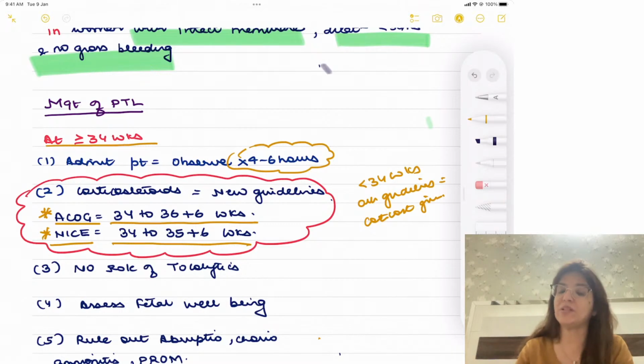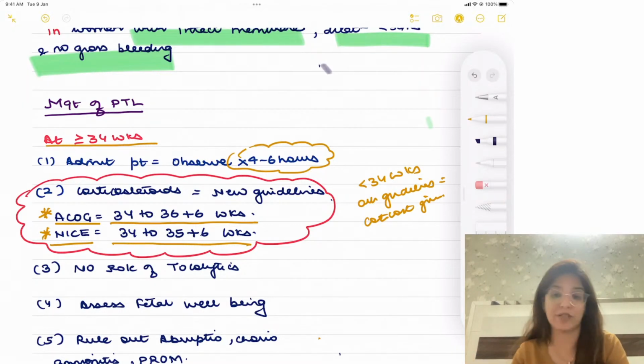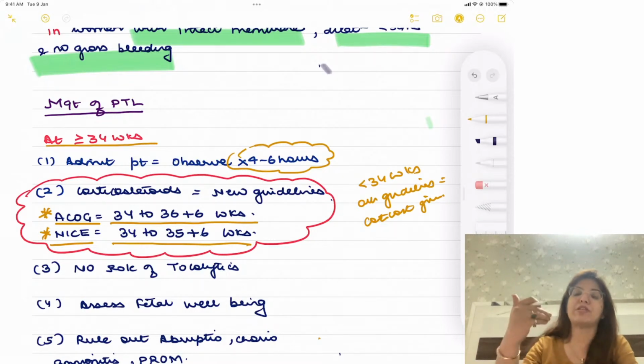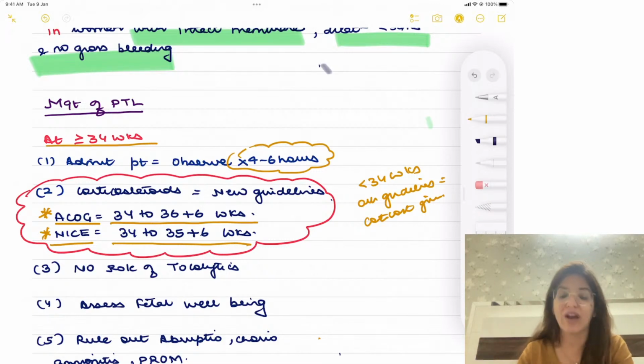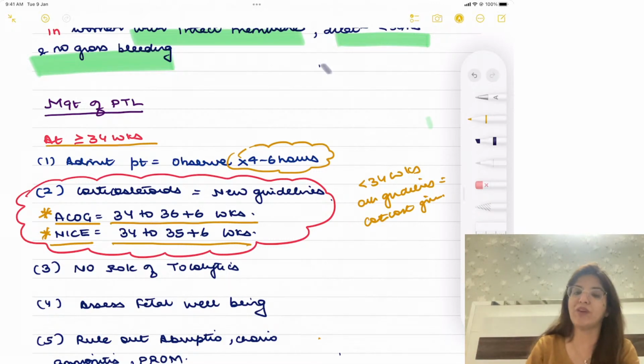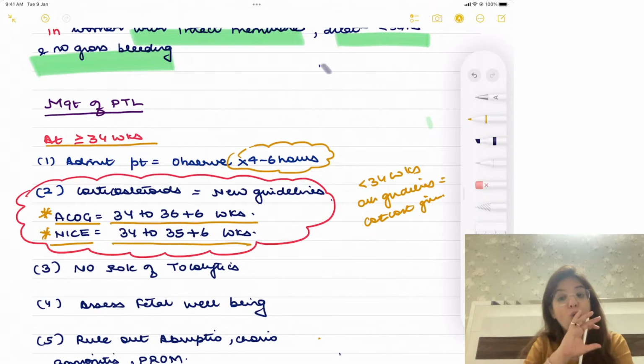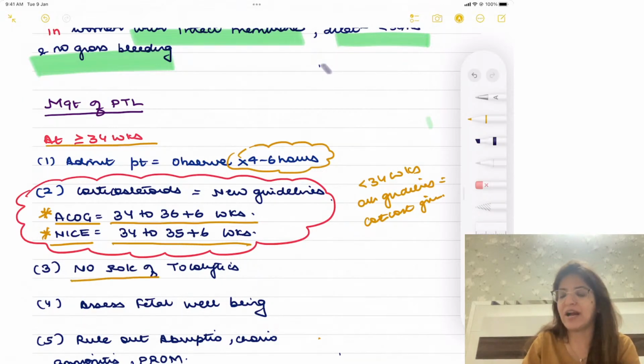ACOG says that between 34 weeks to 36 weeks plus 6 days, you should be giving corticosteroid if preterm labor is happening between this time. NICE guidelines say if preterm labor is happening between 34 weeks to 35 weeks plus 6 days, then you should be giving corticosteroids. But all the guidelines agree that at this time there is no role of